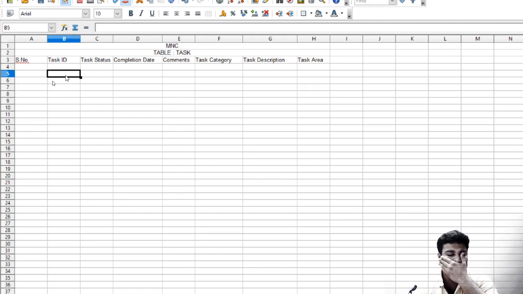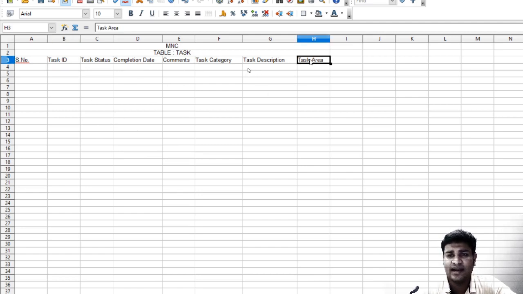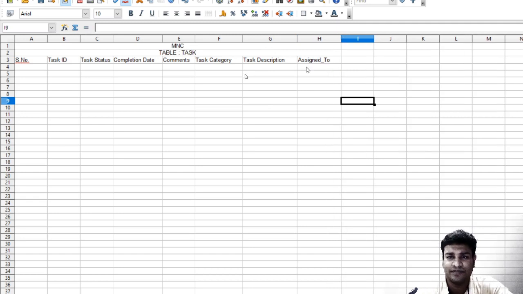Okay, so let us create a table known as task for a company MNC, and this particular company is keeping track of the tasks given to its employees. So rather than having task area, let's keep it as assigned to. So this has been assigned to a particular employee. The first task is ABCD1.